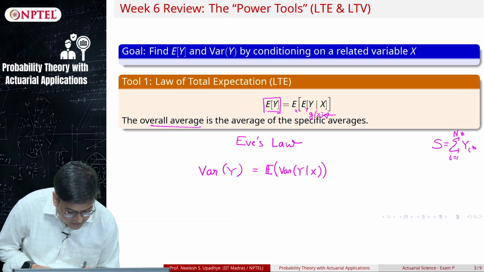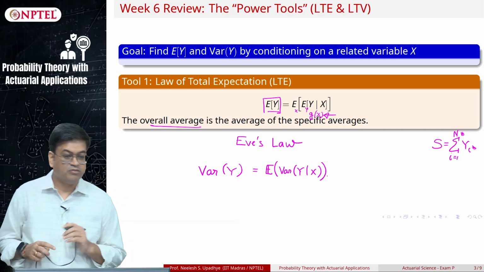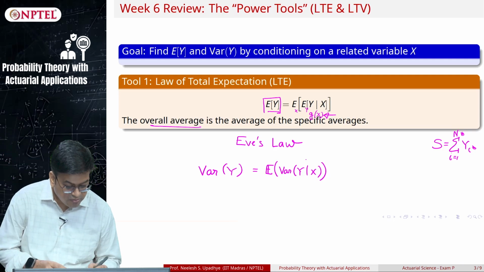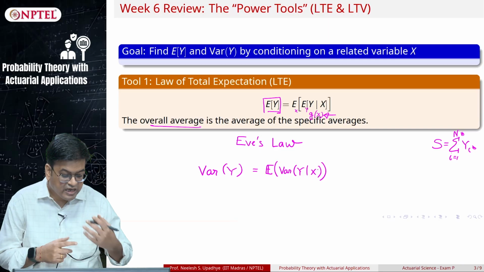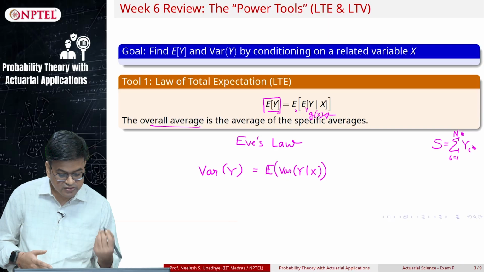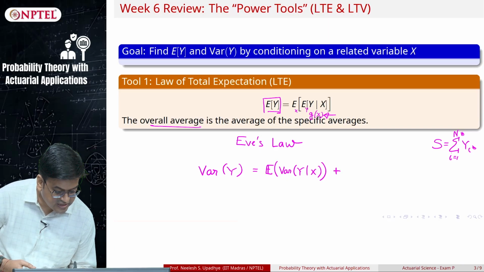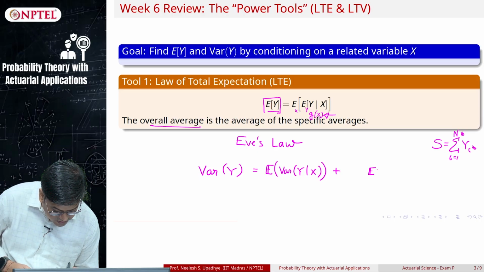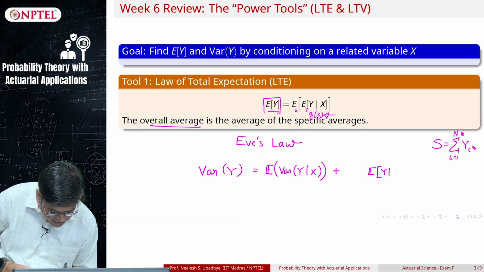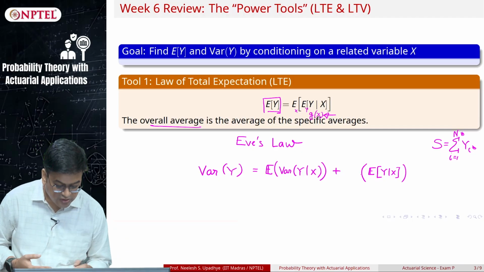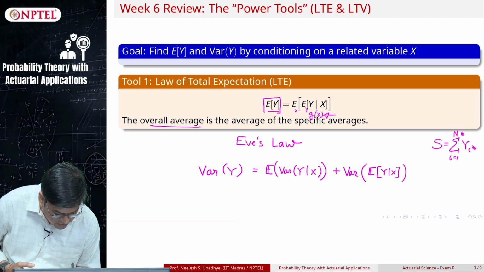That is the beauty. Am I done? No, I am not done. Why? Because I have just covered the expected variance. What about the variance of these random variables, these slices? I have taken expectation. What about the variance of these? That is where the next term in this law comes in, which is the average of specific averages, the expected value of y given x, and this, as you know, is a random variable in x. So I have to talk about the variance of it, right.